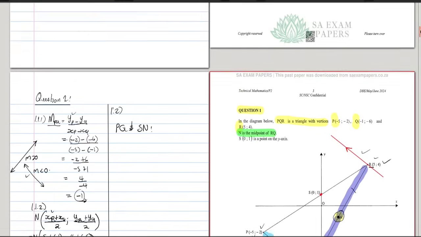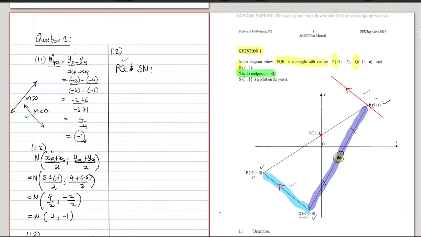I need to find the distance PQ and SN. Let's start by finding PQ. PQ is equal to the square root, using the distance formula to work out the length PQ, that is xp minus xq squared plus yp minus yq squared. Then we have PQ equals the square root of